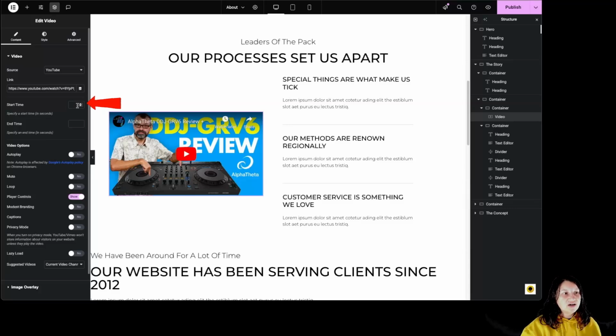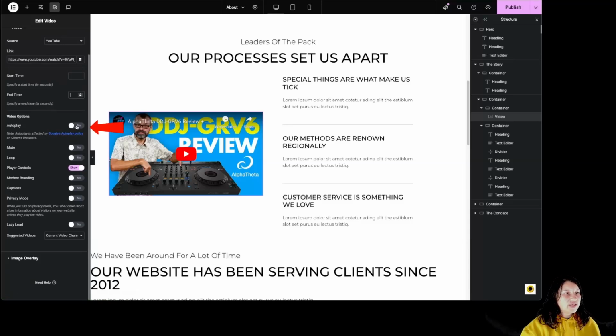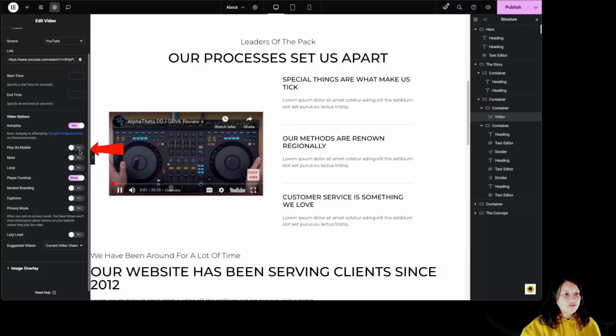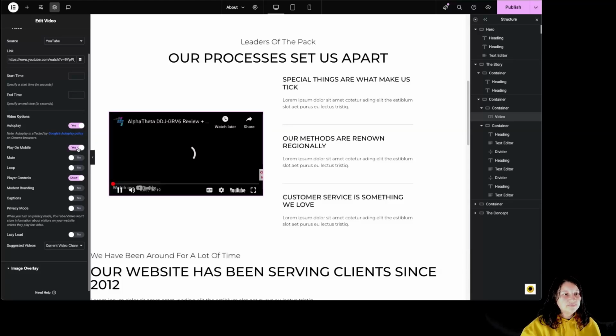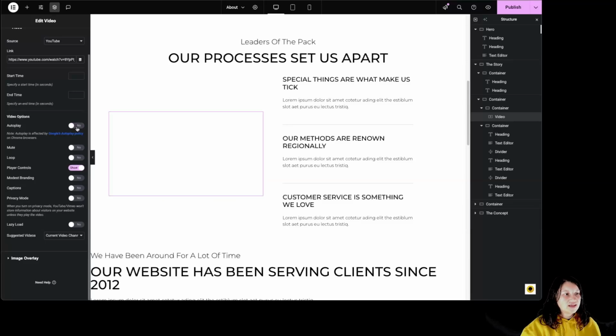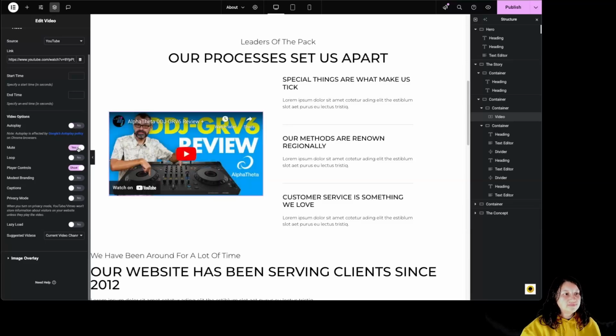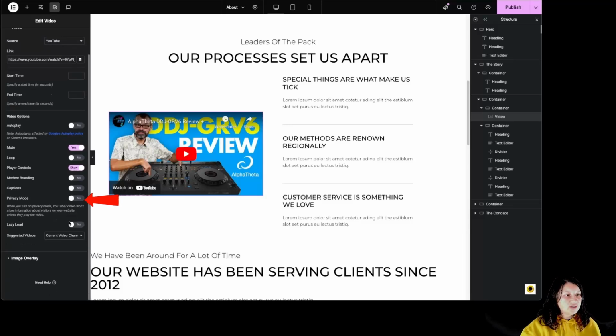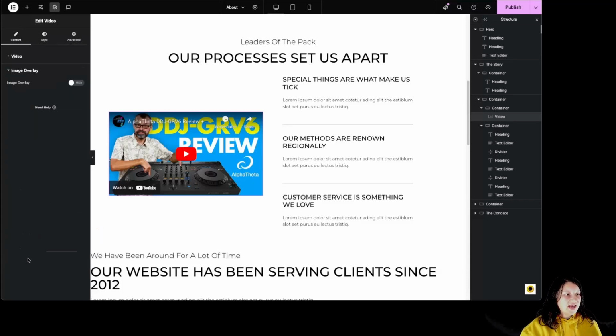We can specify a particular start time in seconds and a particular end time in seconds. We can choose it to be autoplay if we want to. If we are choosing the autoplay, we can also choose to autoplay on mobile if we want to. We can choose it to be mute, to loop. We can choose it to have the player controls or not. Modest branding, caption, privacy mode, lazy load, suggestion videos from current video channel or any video, and we can also have an